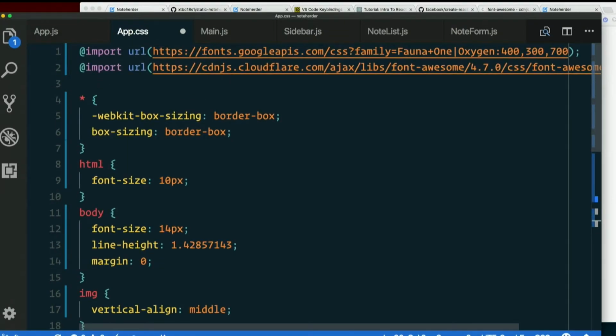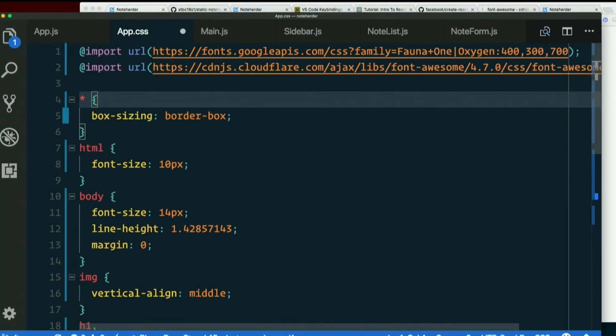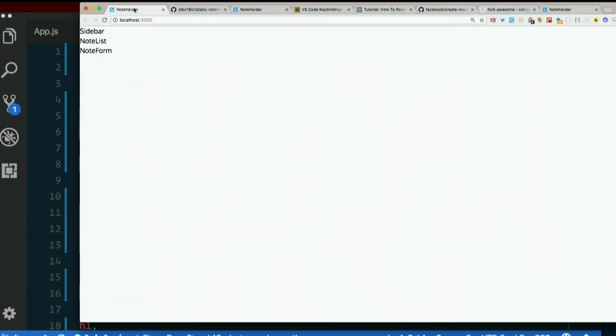What am I doing? First, I'm importing a couple of fonts. Then, what does star mean? It's a wildcard. It means any element on the page. And we have box-sizing: border-box. We don't really need this old version. Everybody know what that means? Box-sizing border-box. If you remember your dev tools,